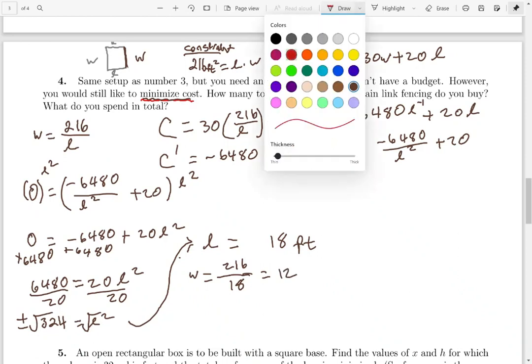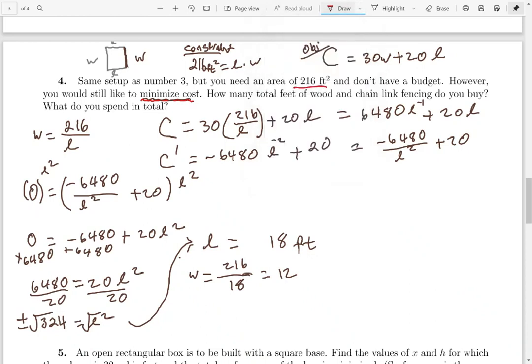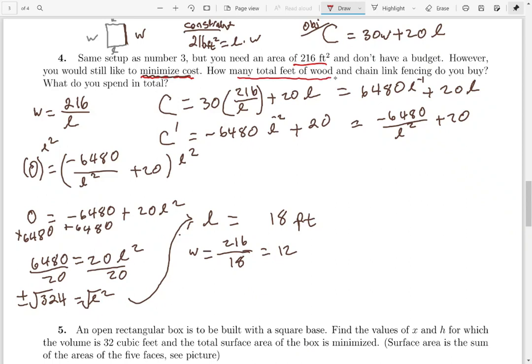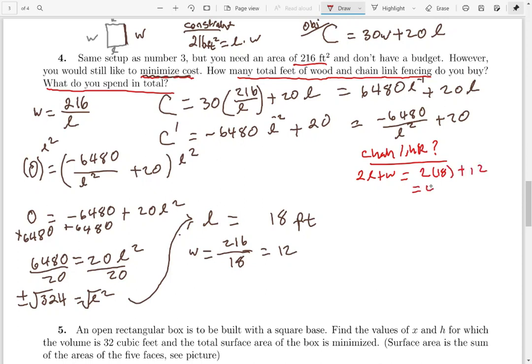Well then, let's remind ourselves, what question are we trying to answer? We want to know how many total feet of wood and chain link fencing we buy, and then what ends up being the total cost. So two questions that need to be answered. That is the chain link fence, and let's remember that chain link is going to be 2 L's and a W. So chain link is 2L plus W, and I'm just referring to my picture there. So that's just going to be 2 times 18 plus the width, 12. I get that I need to purchase 48 feet of chain link,